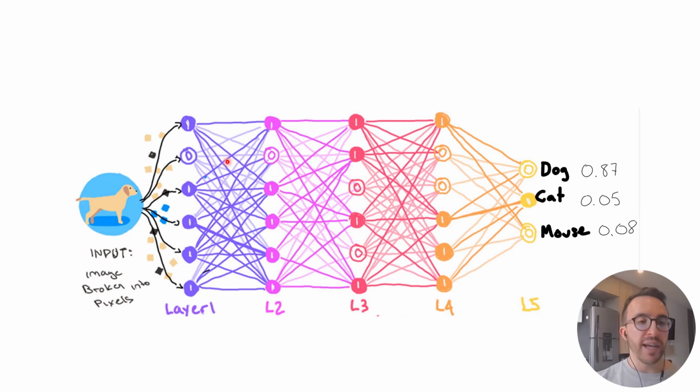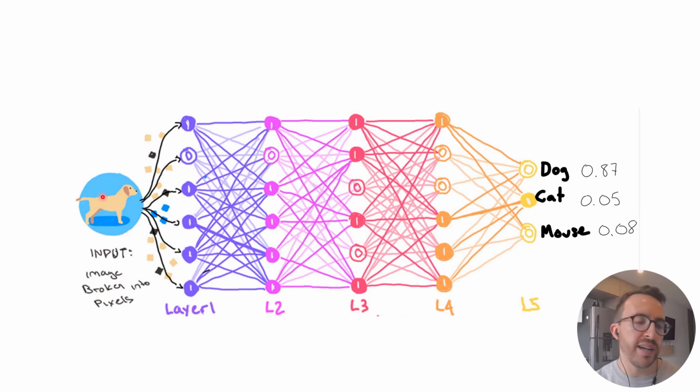So a first question you might have is the following. All the models we had been looking at up until now took a number as an input and spat out another number as an output. So for example, the input was the square footage of a house, and then the output was the price of that house. But with this neural network, or this math formula, the input is an image, and then the output is a classification. Like, this is a dog, or this is a cat, this is a mouse. So how do we go from number input and number output to image input and classification output? And the answer is quite simple.